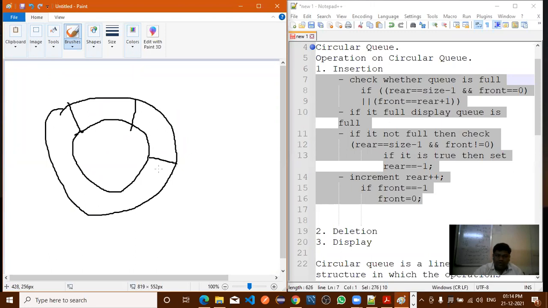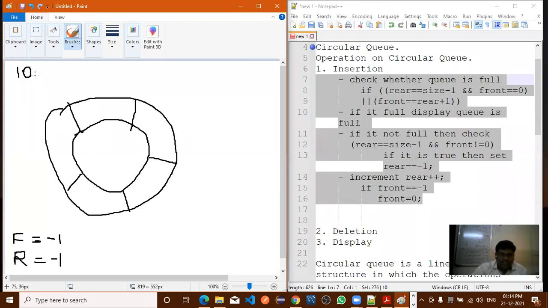One, 2, 3, 4, and 5. Now here I will write the front pointer and after that a rear pointer. Now what is the value of front initially, before insertion? Minus 1. What is the value of R? Minus 1. Now, if you want to insert the first element, that is 10.